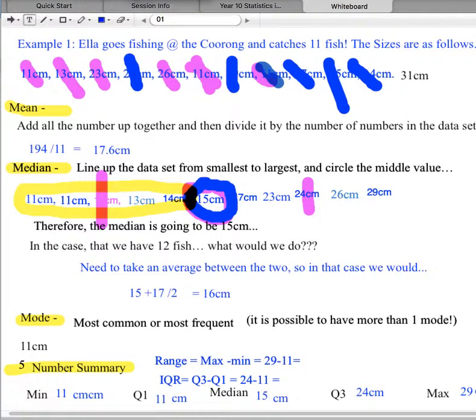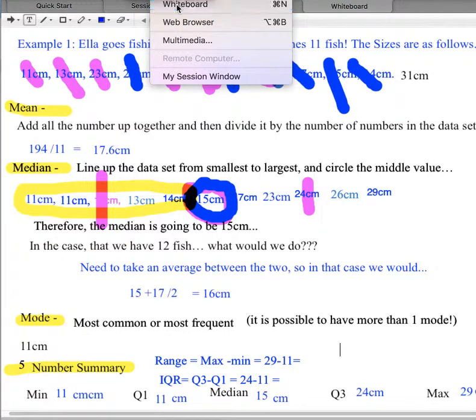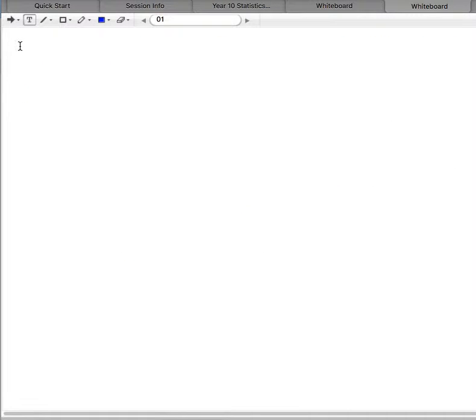Alright, so recording back on, we're now going to calculate for Drossen. We're going to go share whiteboard. We've got example 2. Example 2, we've got Shani goes fishing at Drossen